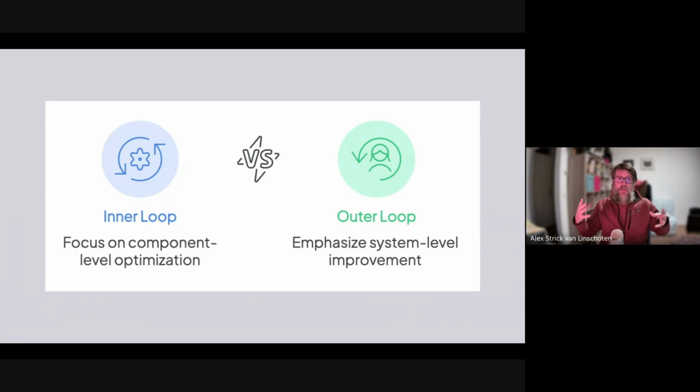So this is system level improvement based on real world performance, as well as user feedback. Pinterest have a text to SQL system, and they have this inner loop, of course, which they talk about, how they worked on LLM prompt optimization and improving retrieval for RAG. But then they have the outer loop, which they also tracked, and they had a system around